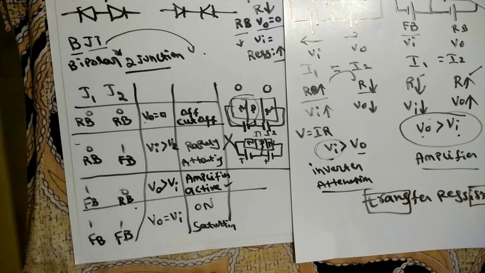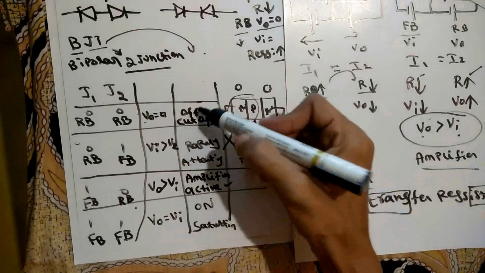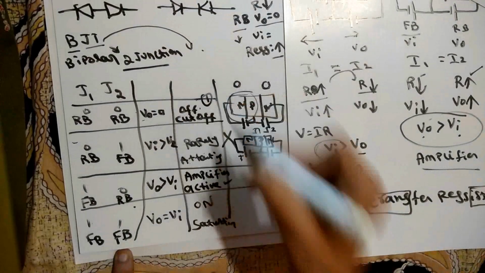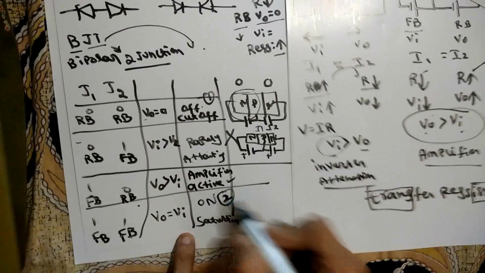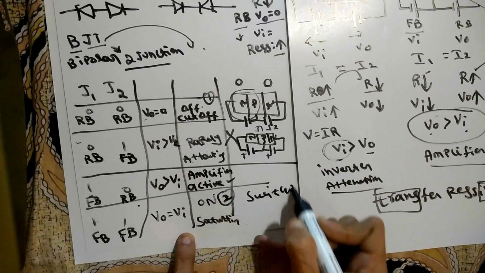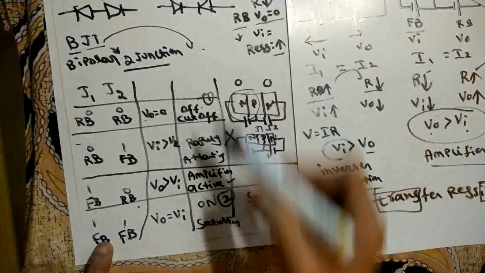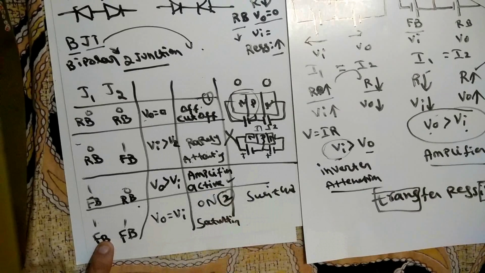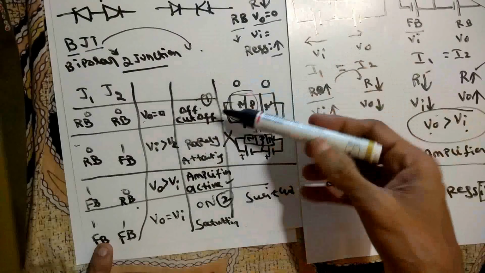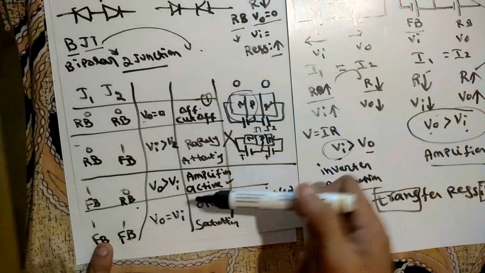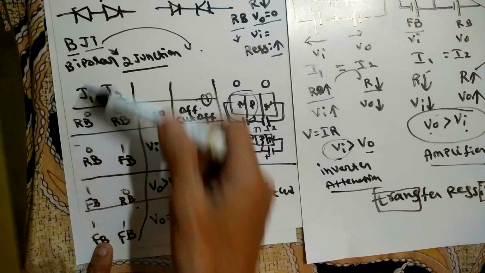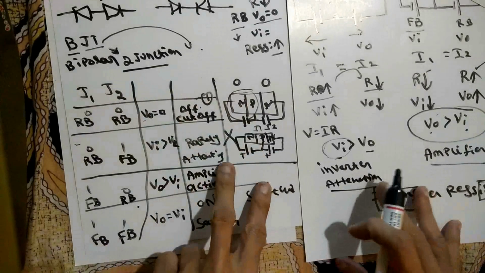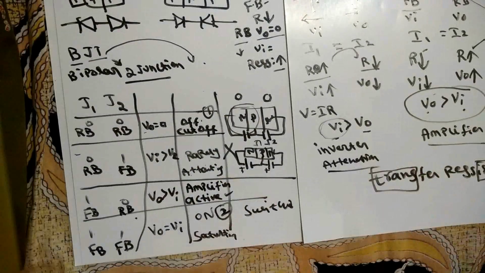So in a transistor we have three conditions: off, on, and amplifier. Off and on together are the switching condition. Switching is nothing but on and off, the same operation as in the diode. The third condition is very important, the amplifier condition. We have three regions in the transistor: cutoff region, active region, and saturation region, according to the junction 1 and junction 2 conditions. This is all about the transistor definition and operation.